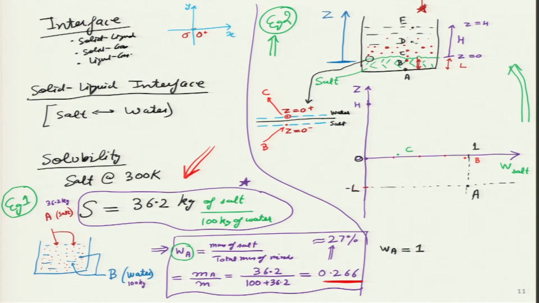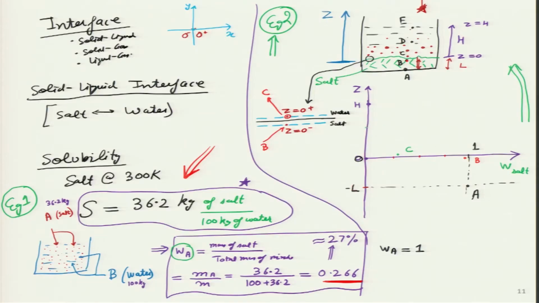Now, we go a little bit upward. We are now at point D over here in the middle of water. Can you see this one? Here it is full water, but some salt will definitely be there, not as much as in C, because we have gone a little bit upward. It will be less than that, which means the W value will reduce when we go into the middle. So, we are here at h by 2, in the middle, I have to be on this particular line, and then maybe over here the D value could be somewhere around here. So, this is the D value, and similarly finally at E we are at height h, and that value will become even less over here. So, maybe this is point number A.